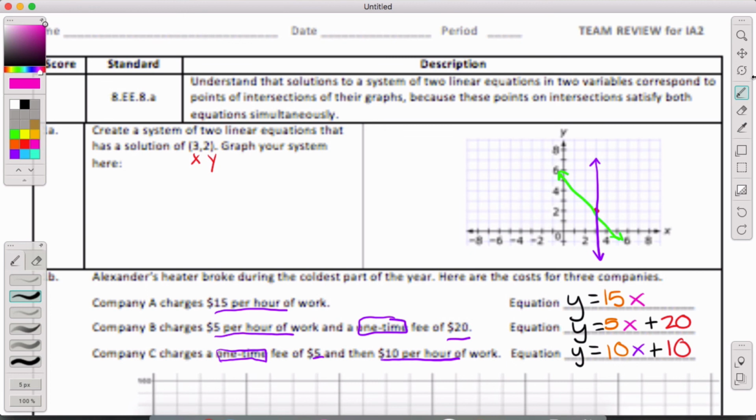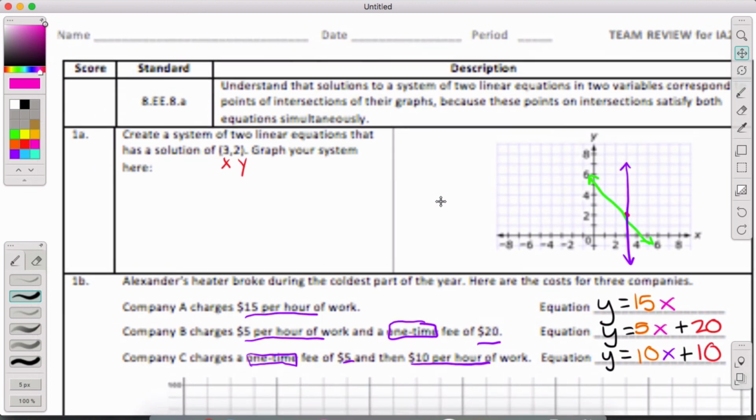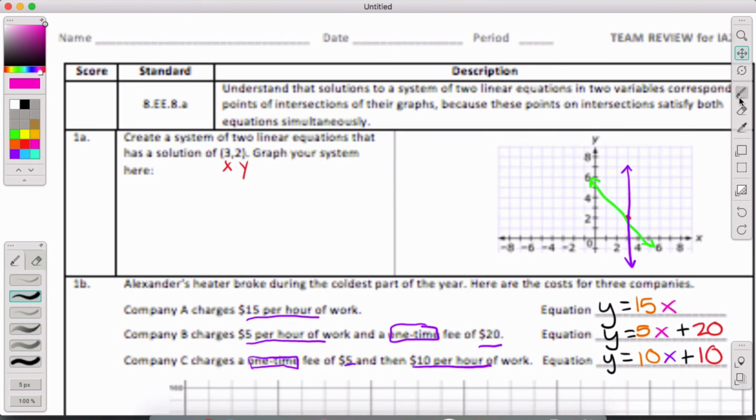All right, so I'm going to start with 1. This one in particular, it reads more confusing than it is. But all it's saying is that we want to create a system of 2 linear equations that has the solution of 3, 2. When we talk about systems of linear equations,